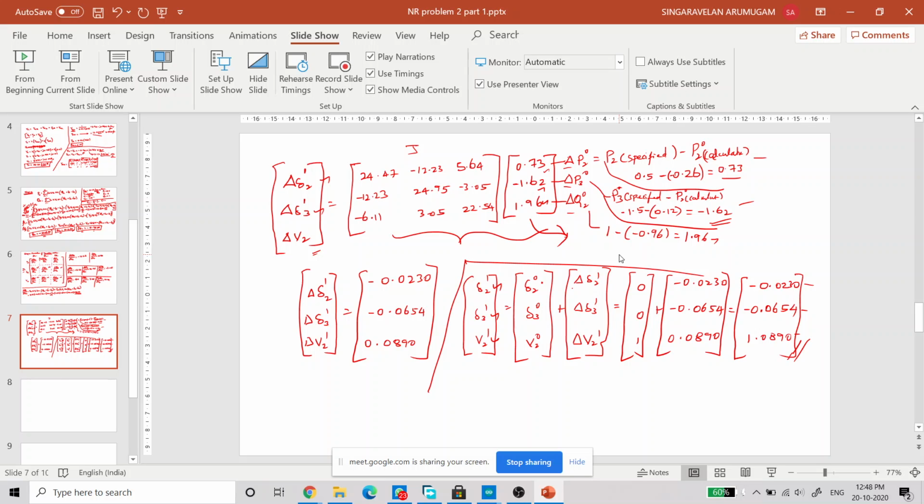G(s) and H(s) is a transfer function which consists of zeros in the numerator and poles in the denominator. Zeros means (s+z1), (s+z2), (s+z3) and so on, where z1, z2 are called zeros. The same way, in the denominator we have poles, that means (s+p1), (s+p2), (s+p3). So in the numerator we have zeros, in the denominator we have poles.